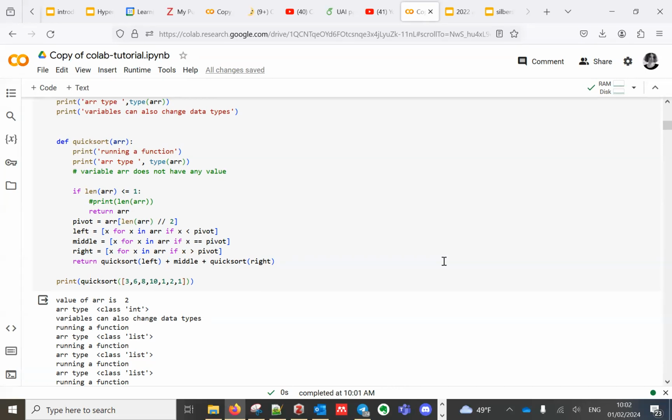But then we see that variables can also change data types afterwards, which changes the values and also the variable types. Okay. Yes, you had a question, Arya? So you see that by running a function, we are actually changing the variable type: R becomes a list. So list is a very important part.